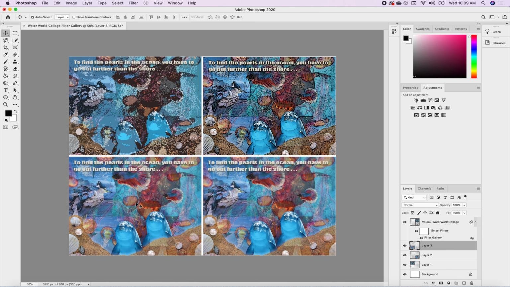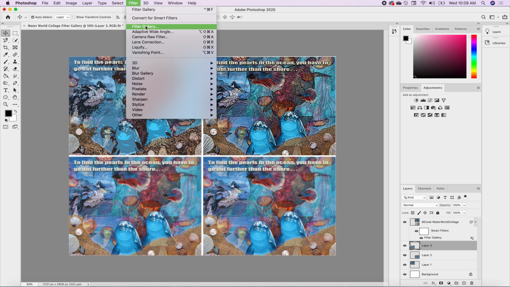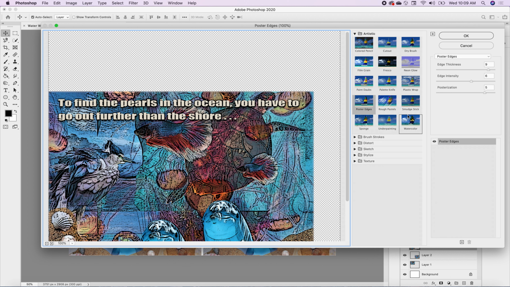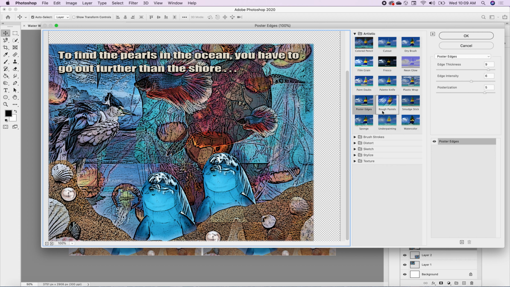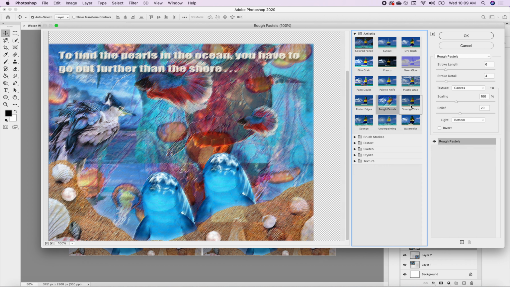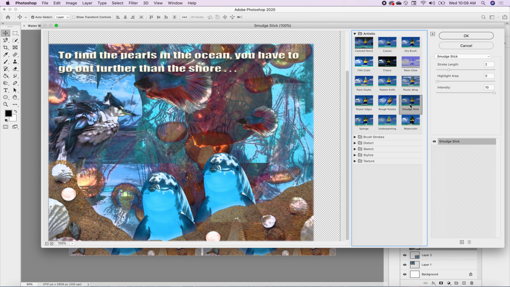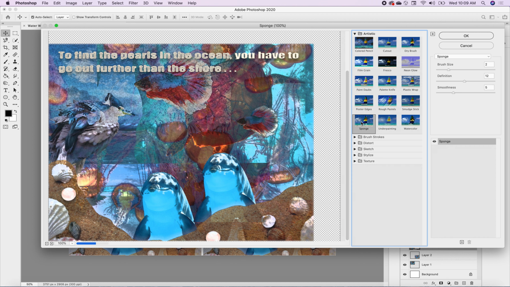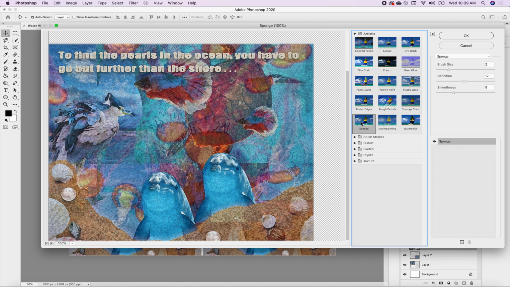I'm going to go to my third image. Again, filter, filter gallery. Let's see where I left off. I left off with poster edges. There's rough pastels. That looks blurry to me. Smudge stick doesn't interest me. Sponge is interesting. I think sponge can be kind of a cool thing, and again, I can make lots of adjustments